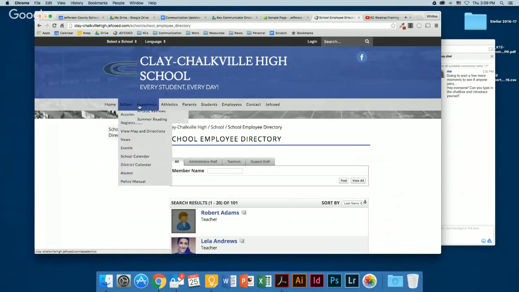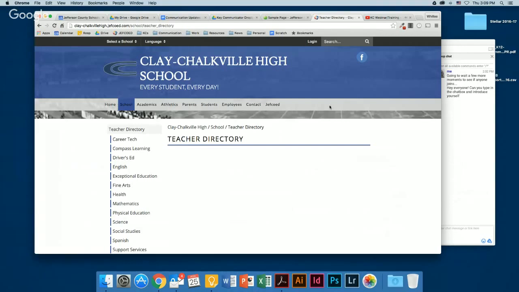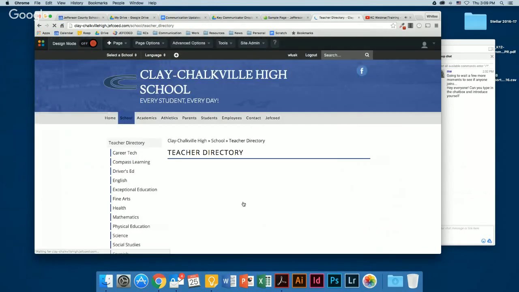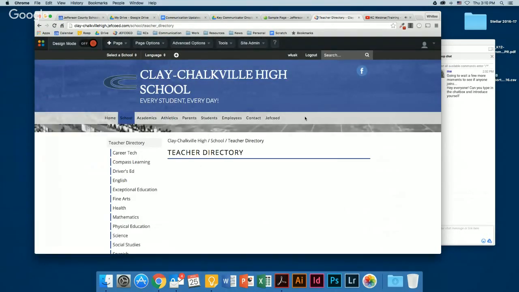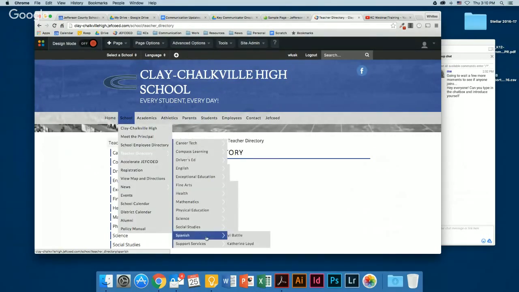But if you wanted to move, let's say you wanted to move teacher directory out here. Let's see if we could do that. Okay, so I'm going to click on teacher directory with all these underneath it.